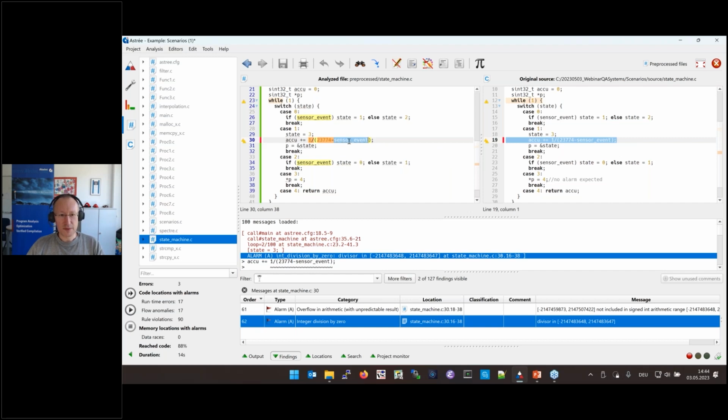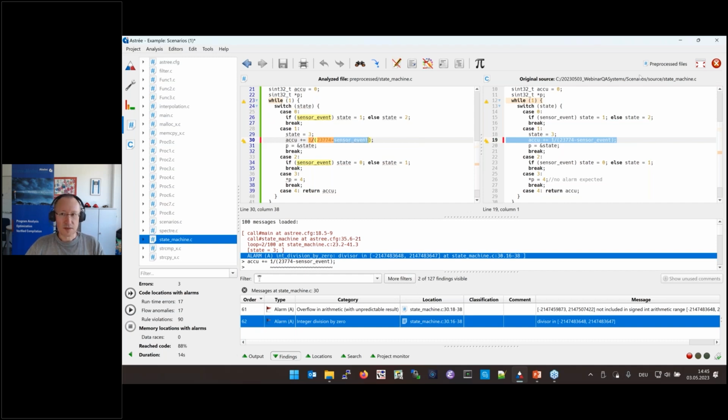And of course, this is something which is very hard to observe during testing, because it's completely infeasible to run the program for every single value of every variable and the combinations of that. So that's the strength of this analysis, that you definitely find all defects which may be in the code, also if they are very hard to reproduce.